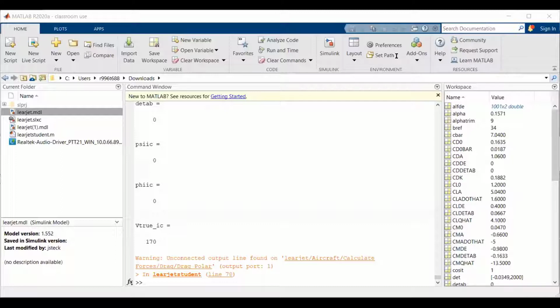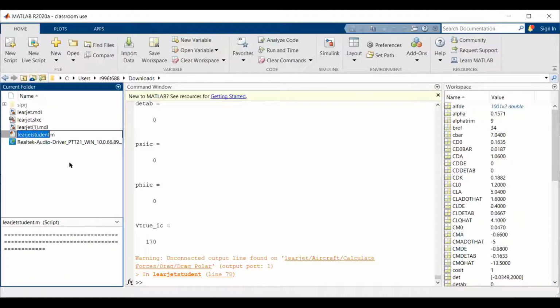The first file will be the .MDL, and it will be labeled Simulink model file, something like that. So you need that file, and then you need this one called Learjet student.m, and this is a MATLAB script, and it says this is the one that you will run. So you need both of those files, and then you're going to double click on this file here, learjetstudent.m, and